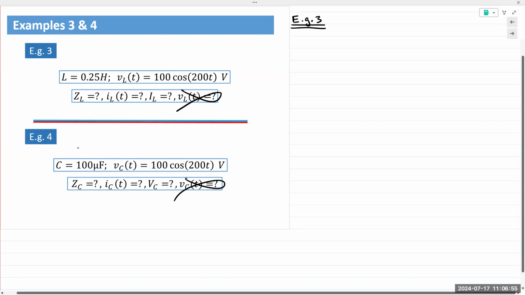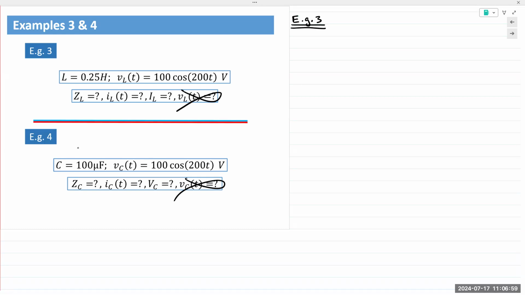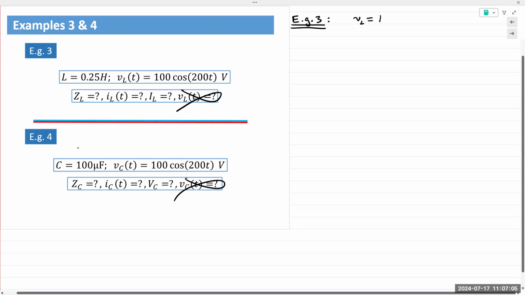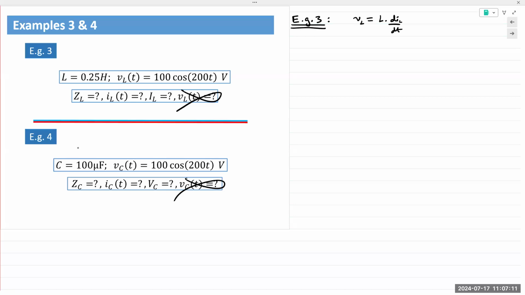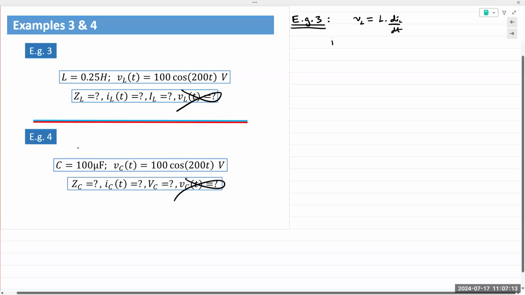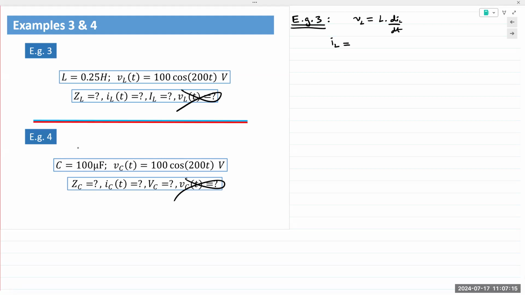If you wish to find the current for an inductor, what do we do? As a refresher, let me write out the inductor equation. VL is L times the derivative of the inductor current. So if you wish to find the inductor current, you must integrate the voltage,